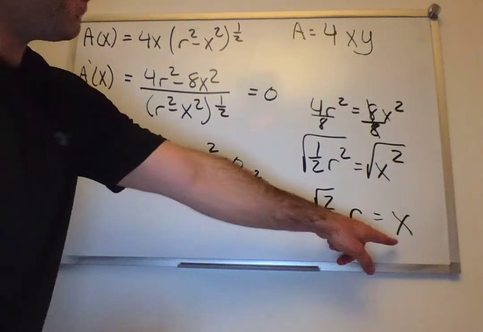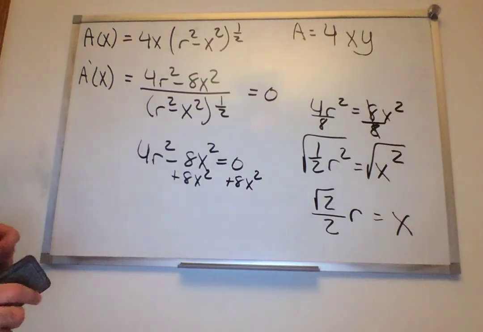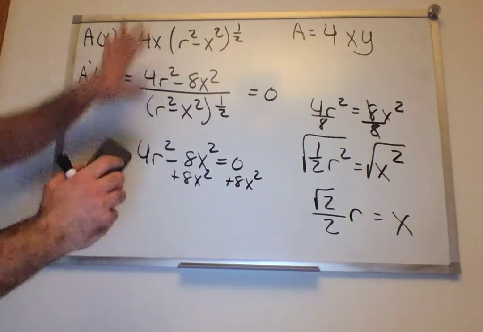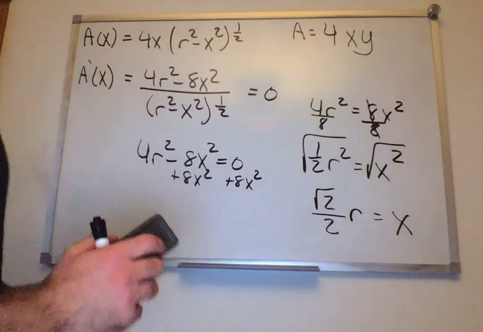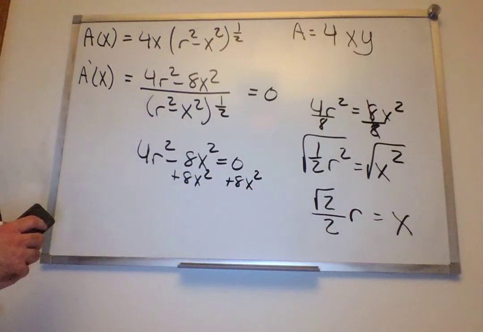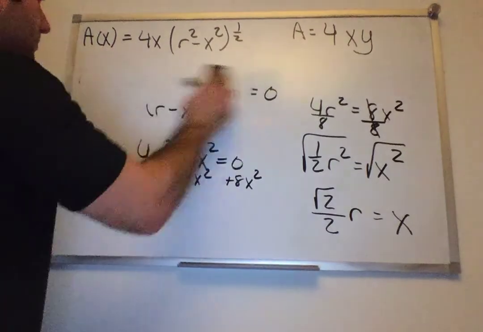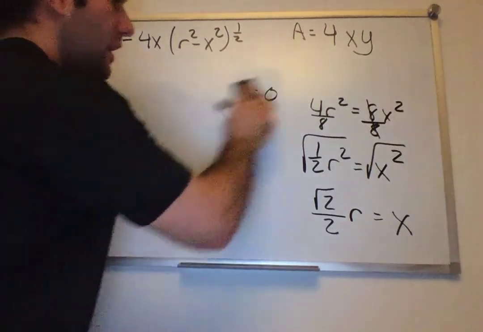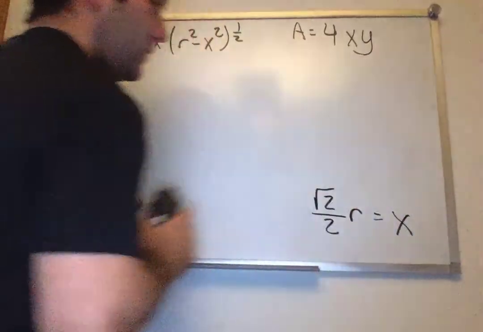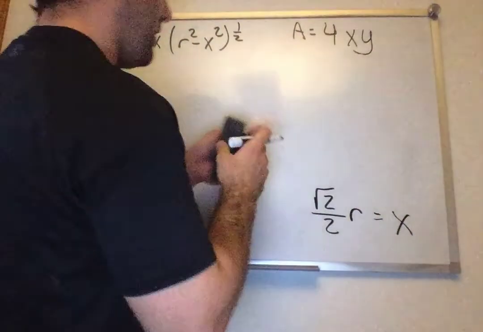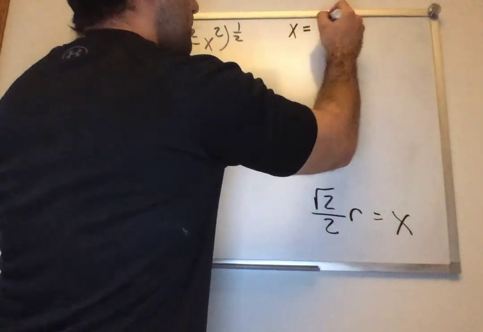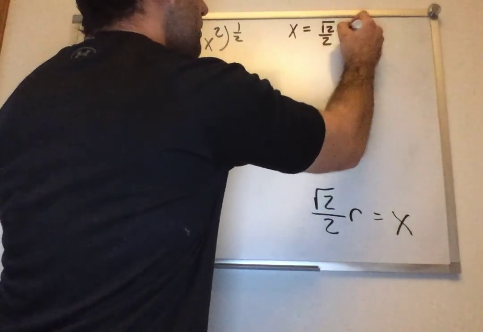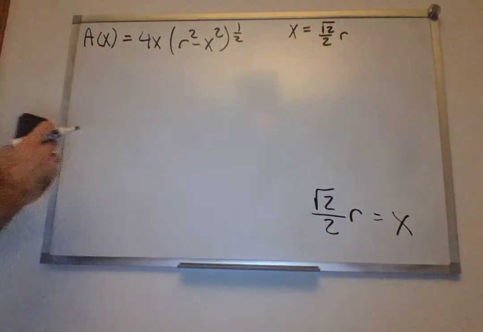So now we have our x coordinate. So we don't need any of this now. We've got one dimension. Oh, we got to multiply it by 2, but we've got one dimension. So let's go ahead and find the other dimension. So let's see. We actually don't need this. X is equal to root 2 over 2 r. Now,